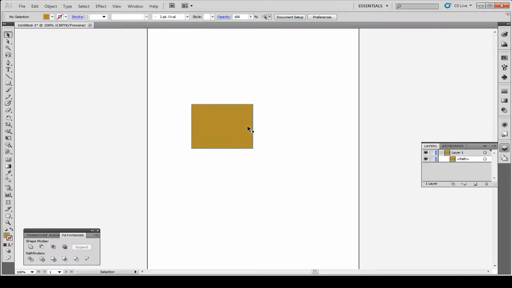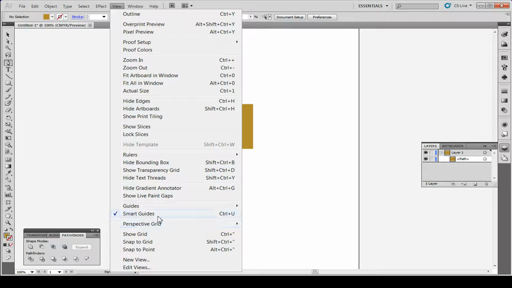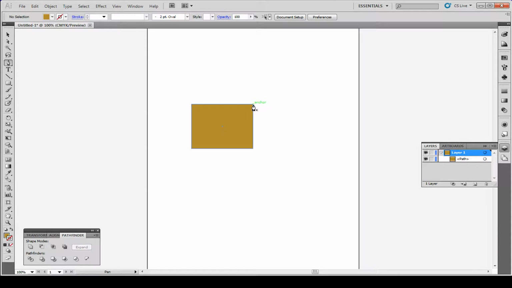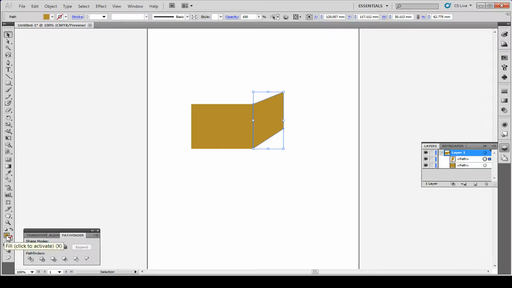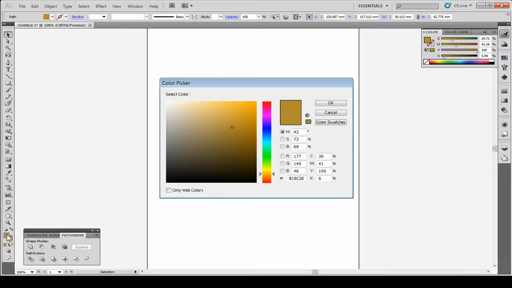So I'll be creating the other parts for this particular box by using the pen tool. And I just want to make sure that my snapping and smart guides are on. So I can choose snap to point. That kind of makes everything a little easier. I'm going to create one, click, click, click, and click, and close it. Once that is closed, we can always change the color of this by clicking on the same colors, and double click on it, choose a darker or lighter color,